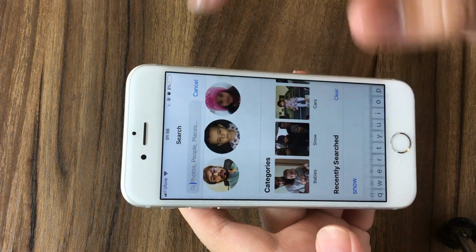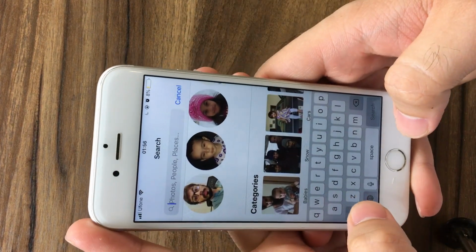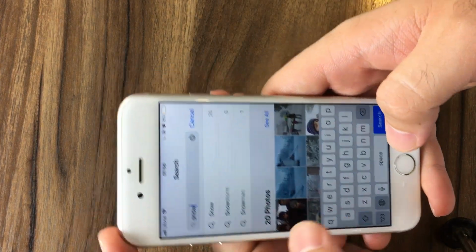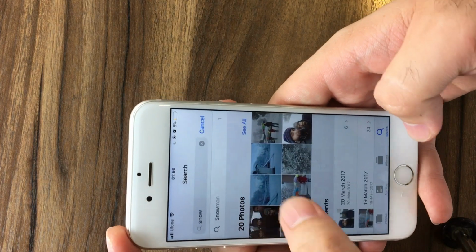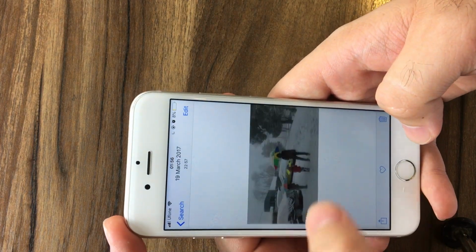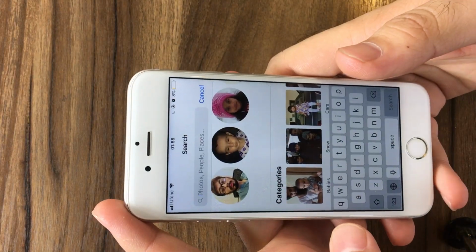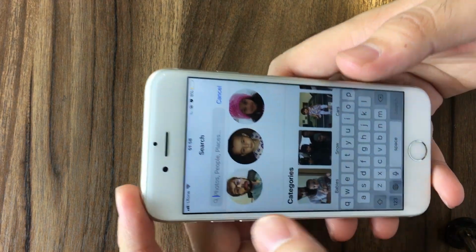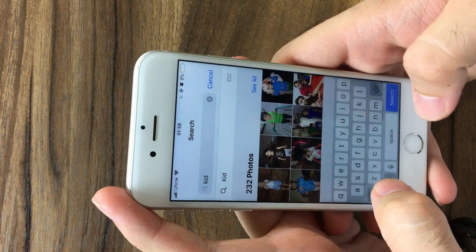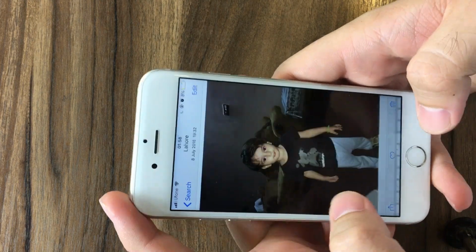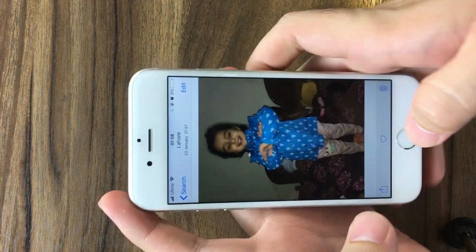So I can go to the search option and search for the word snow. It will filter all the photos with snow in them. I will give you another example. I am searching for photos with kids. I can just write kid and it will filter all the photos with kids.